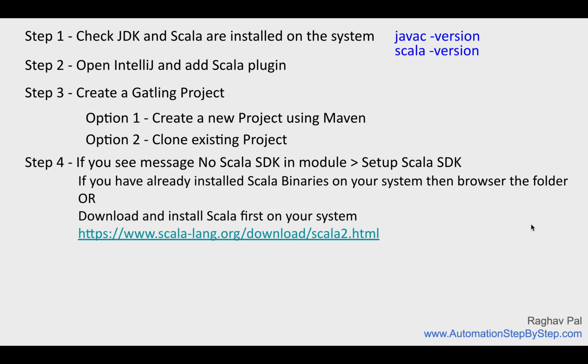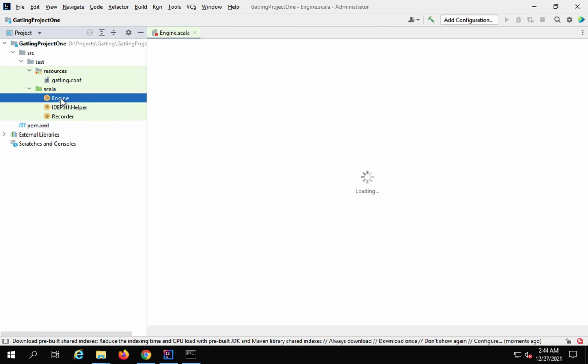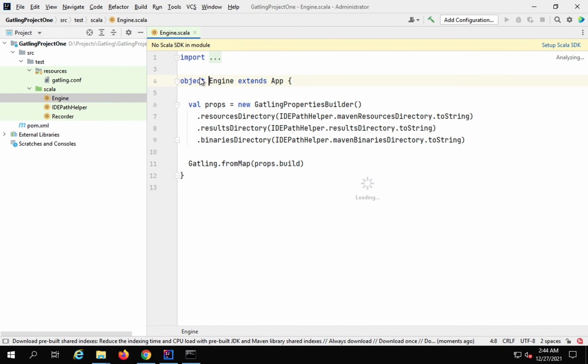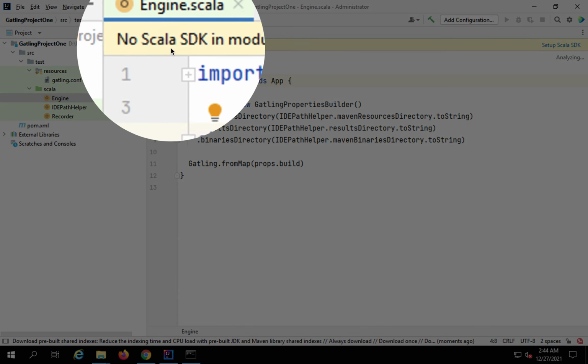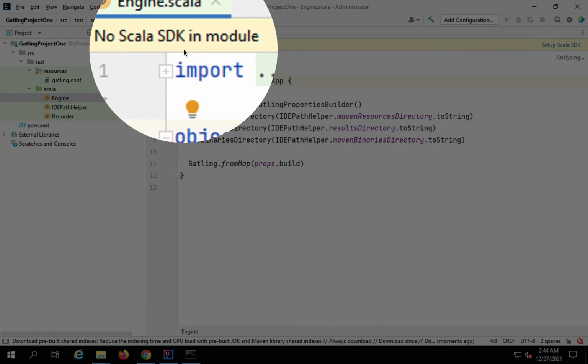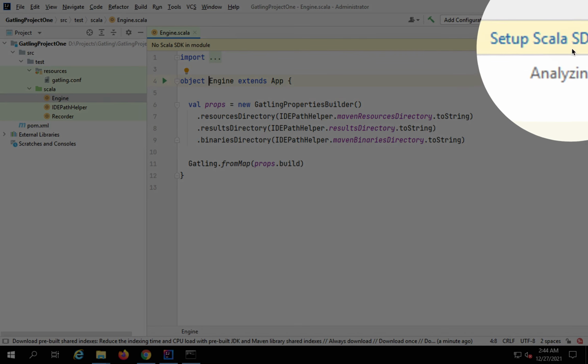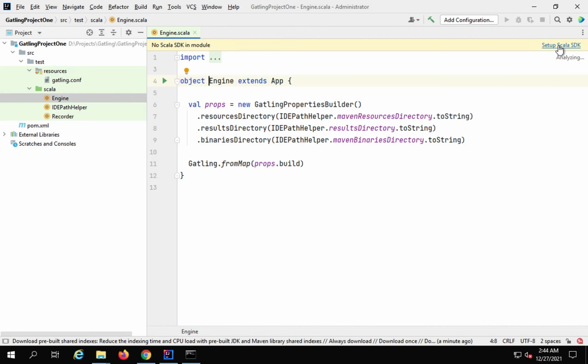Now here, if you see the message no Scala SDK in module, setup Scala, then you can set up the Scala. So you can actually go to the engine class here, and you can see if you are getting this option, if you are getting this message no Scala SDK in module. If you go to this engine module and you see this, you will also see setup Scala SDK. So click here,